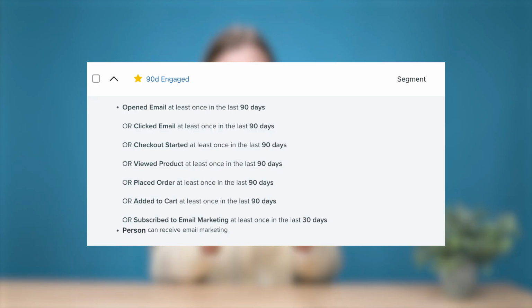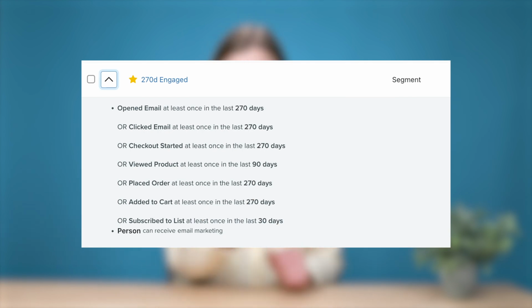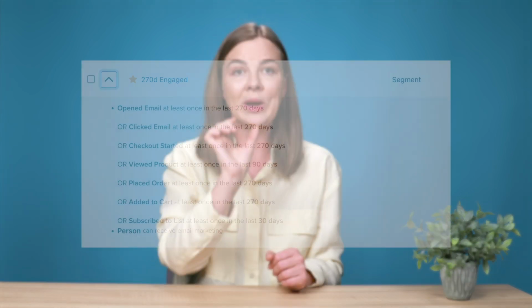In terms of how you actually build segments like this, I will show examples on the screen. This, of course, will depend highly on the email service provider that you're using. But in general, you want to build identical segments that differ in one thing, and that is the window that you're measuring them in. So engaged 30 days, engaged 60 days, engaged 90 days, engaged 180 days, and so on. So you will have 4 or 6 segments like this, and the definitions would be the same except for that window of time.